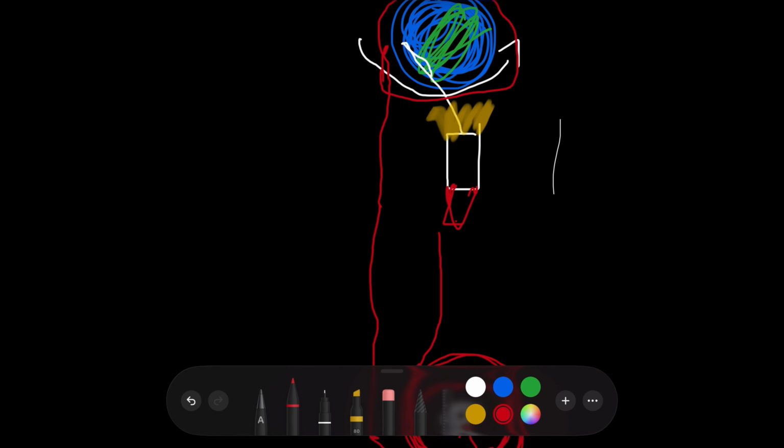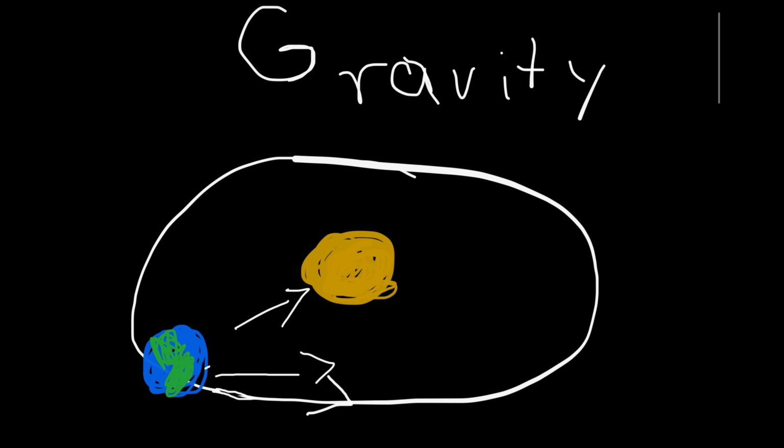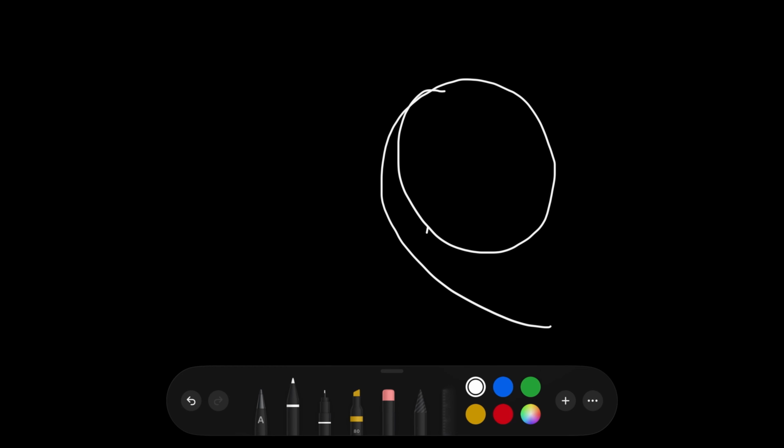These are just two examples. There are many more, like the Milky Way, which is a spiral galaxy.